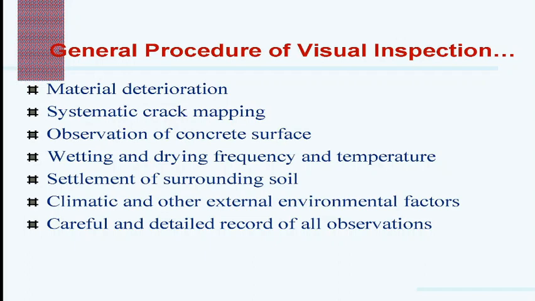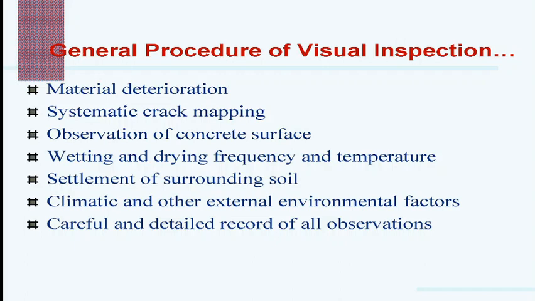Observation of the concrete surface texture and color variation may be a useful guide to uniformity, and color change is a widely recognized indicator of the extent of fire damage or any carbonation or chloride penetration. Now, visual inspection is not confined to the surface but may also include examination of bearings in the case of bridges, expansion joints for long constructions, drainage channels for irrigation structures, and similar features of a structure. Any misuse of the structure can be identified when compared to the original designed purpose of the structure.